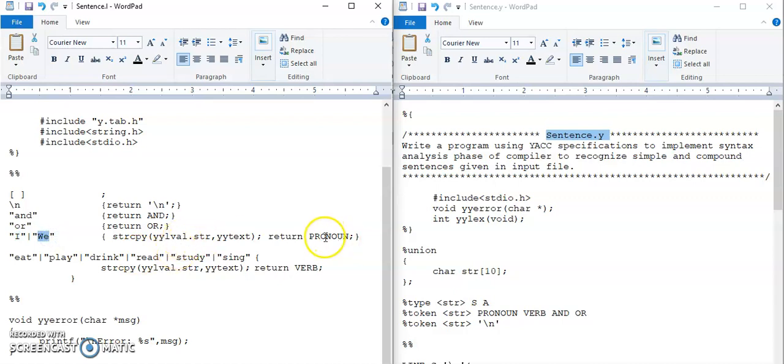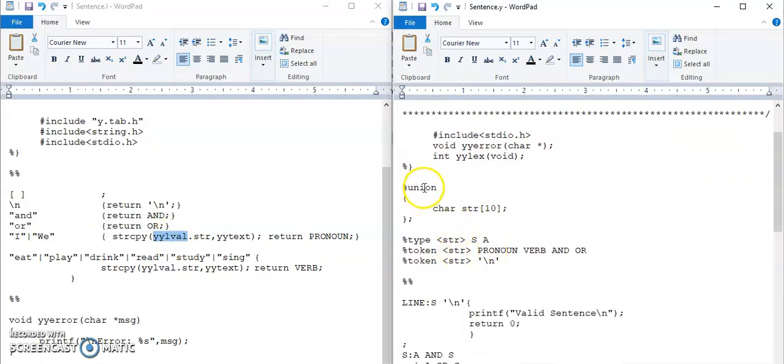So which associated pronoun, this one or this one, should be passed by this .l program to this .y program. So for that, as seen already in the previous program, yylval is used. So what is this yylval? yylval is a variable of this union. Hence, it will access this member str of this union using the dot operator as yylval.str.